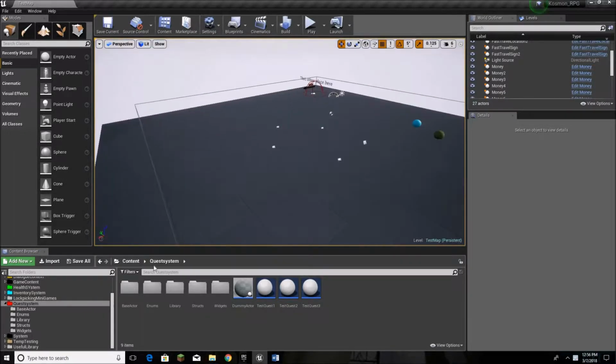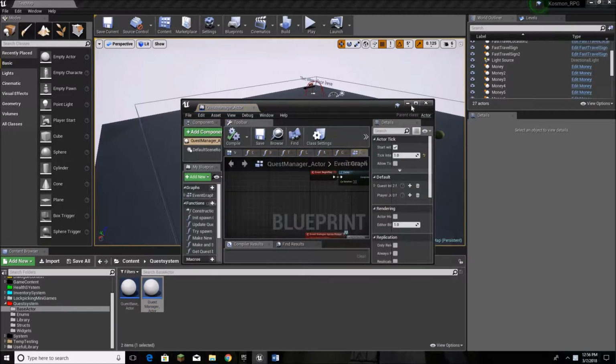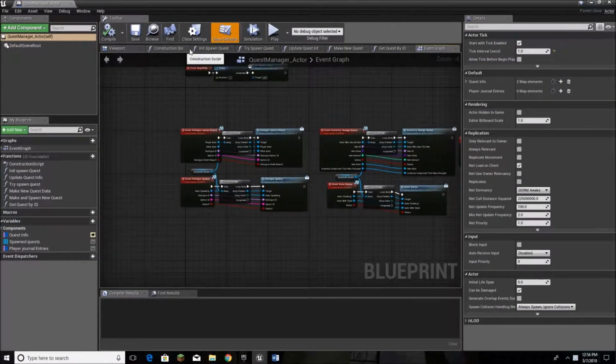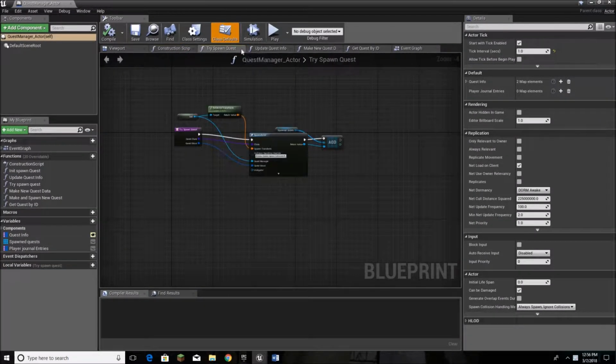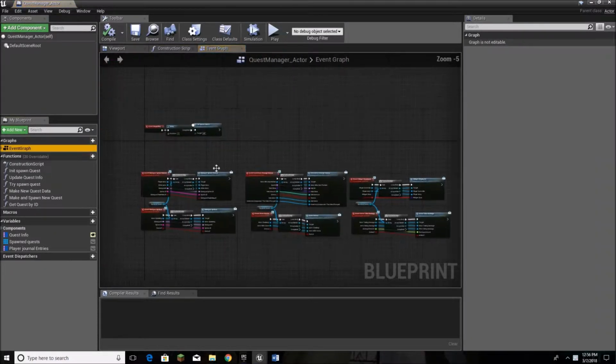Alright, so what I'm going to do is come over to the folder where the actors are that you should have made, and come over to the quest manager. In here I'm just going to show you basically what's happening, right? Because last time we were talking about these